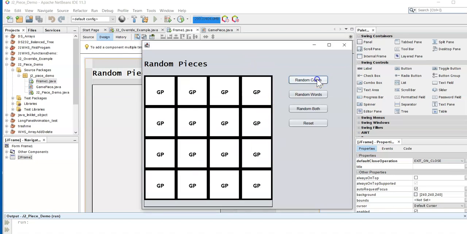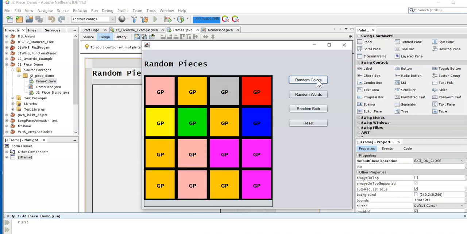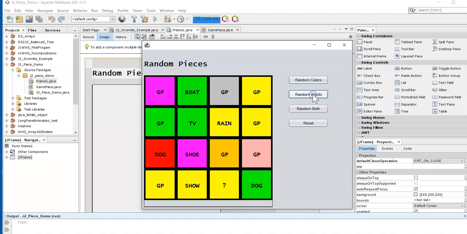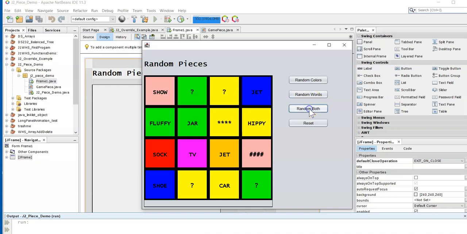If I say random colors, it will go ahead and put a random color to the box, and we'll run through a sequence here about 150 times. I want to put random words. Once again, I'll run about 150 times. If I want to put both random colors and words,